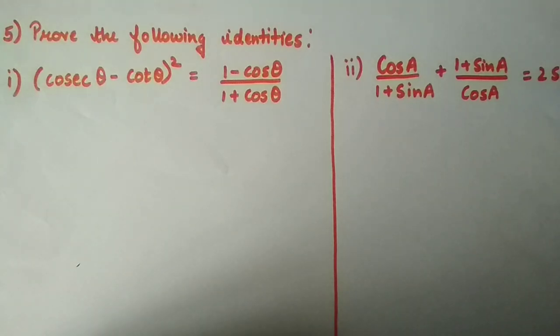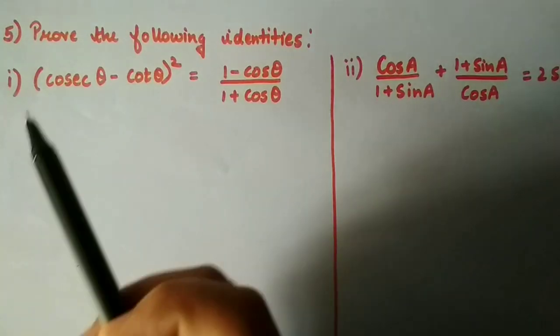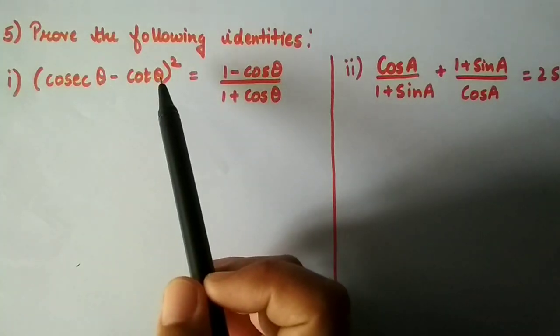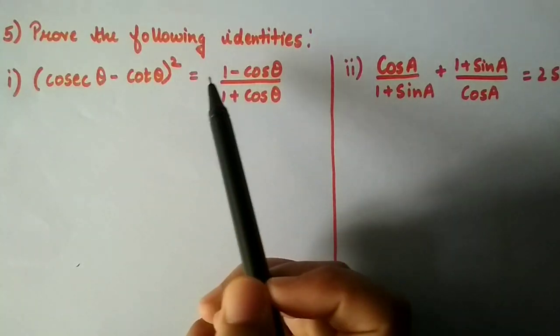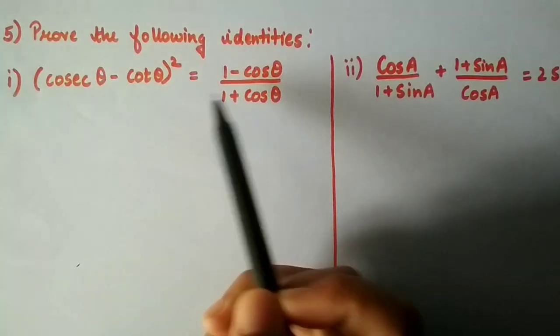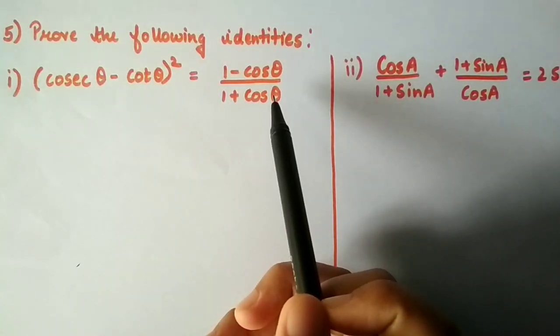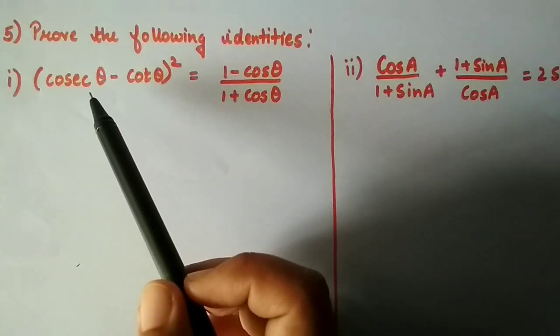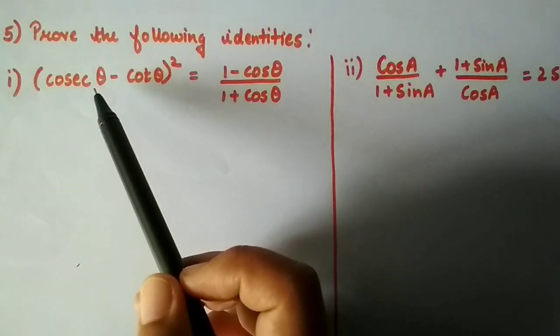In 5th question we have to prove the given identities. That is, we have to prove left hand side equal to right hand side. So see the first part. Here we have to prove cosecant theta minus cot theta whole square is equal to 1 minus cos theta upon 1 plus cos theta. So in these type of questions, always first of all take left hand side and try